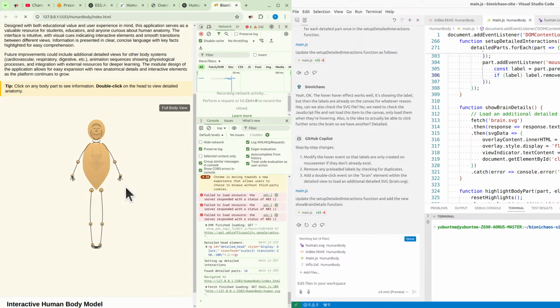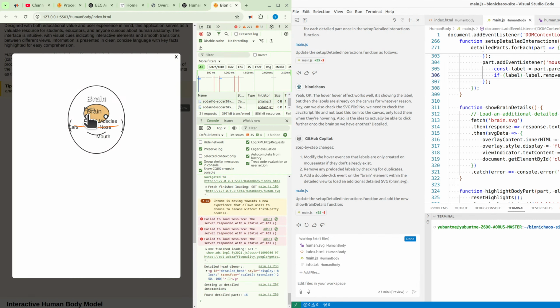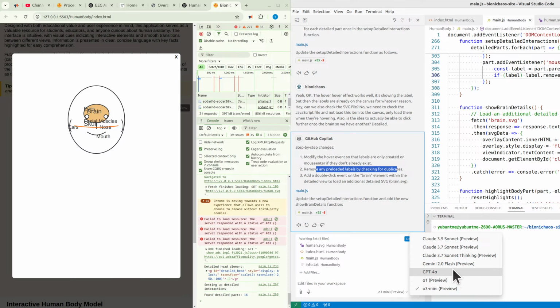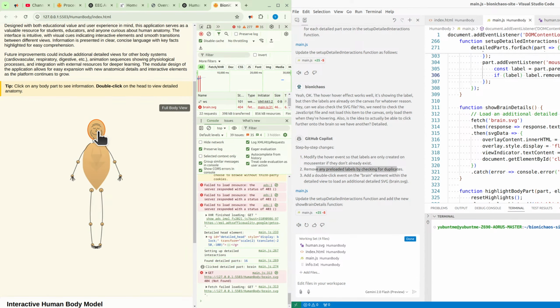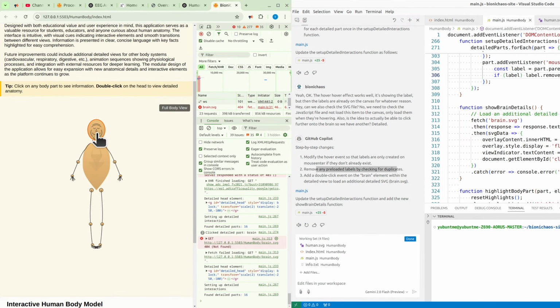Oh, come on. Why is it so hard? All 3 mini out. Well, I just use the same